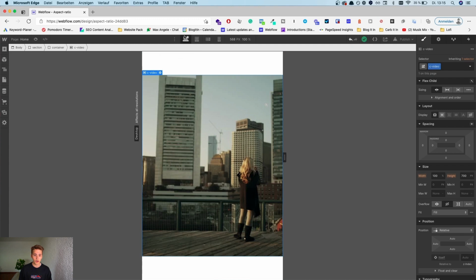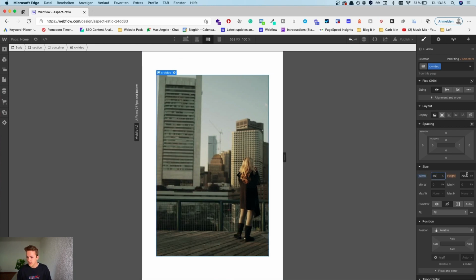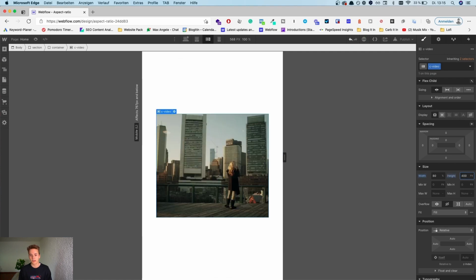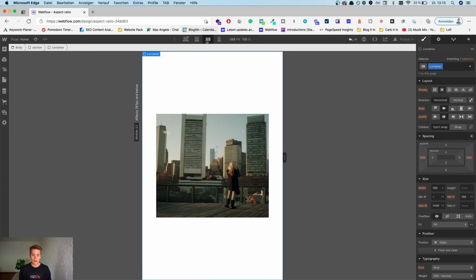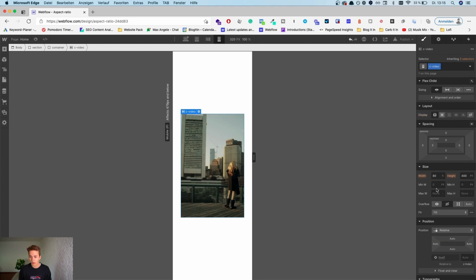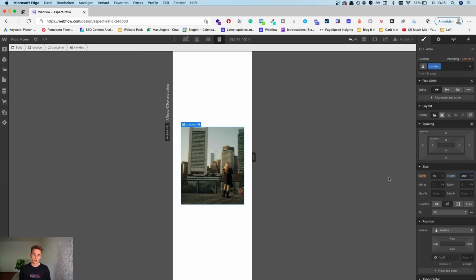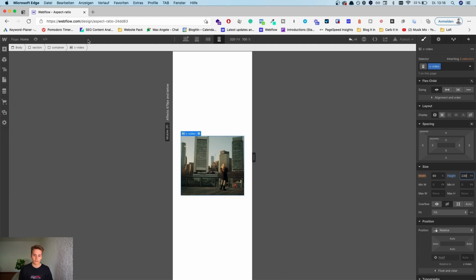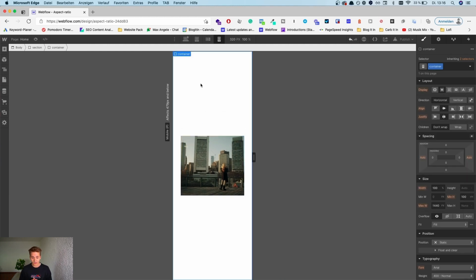And one way to do that inside of Webflow would be on a landscape. I just set this C video to 80% and then let's say 400 pixel. And now we got our aspect, right? And on mobile again, we would take the height and set it to, let's say 300, I don't know, something like that. Okay. But this is wrong. It's not only wrong, it's bad and not clean development, right? So